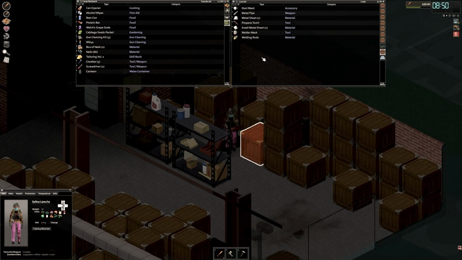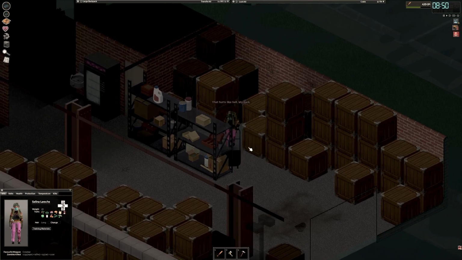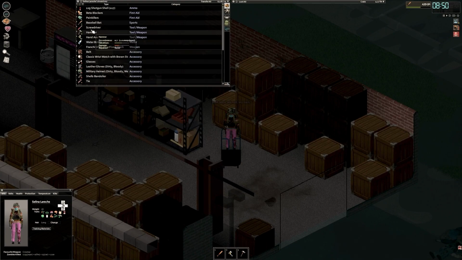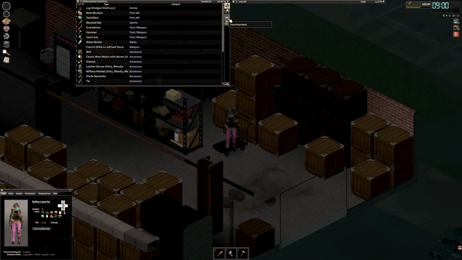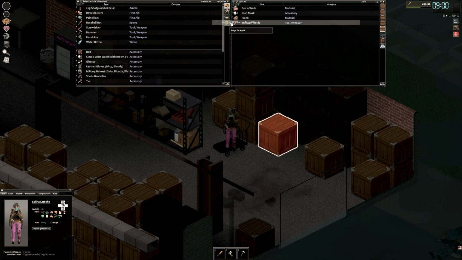A trolley. Awesome. So, trolleys are very cool. Why am I so over-encumbered? Is it because this is in my hands? Yeah, okay, it's being weird, but that's fine. It's because I'm carrying too much with the shotgun and stuff. I can put this in my backpack and it'll...